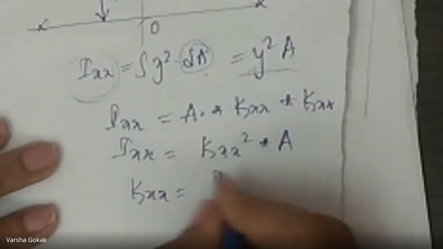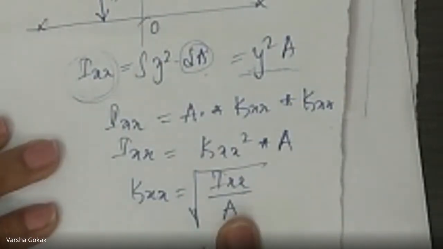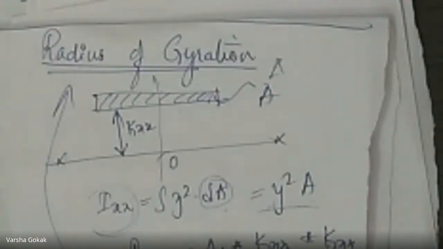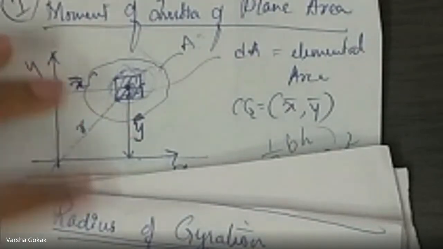What is kxx going to be then? It is going to be the square root of Ixx divided by A. Right? So this kxx is called the radius of gyration. To explain radius of gyration, you will get it for 5 marks sometimes. In question papers, if you see, they'll ask you to define it for 3 or 4 marks or 5 marks also. So even if it is 3 or 4, both diagrams have to be put, this diagram and this diagram.